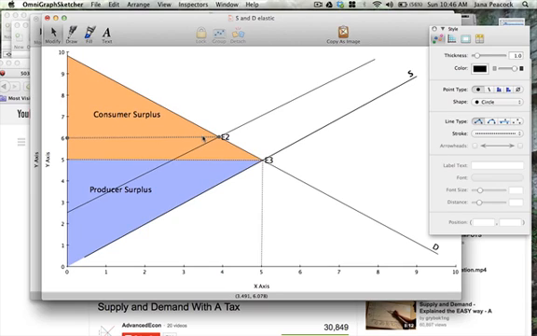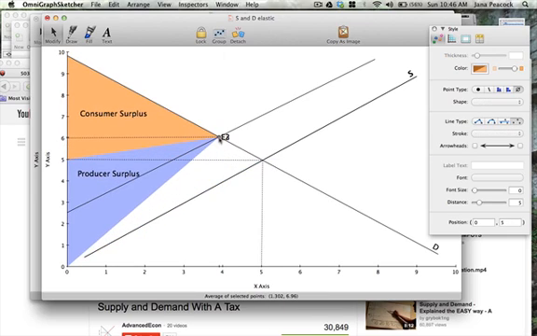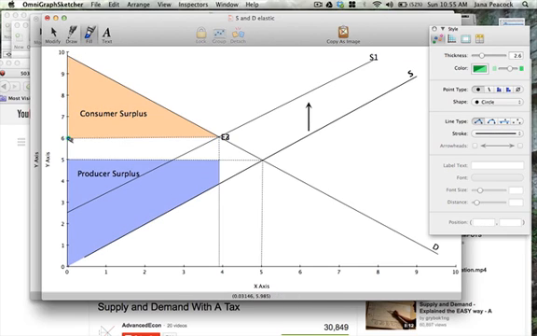But we've also got several other things that happen as a result of the tax. For one thing, you can see that consumer surplus gets smaller by the size of the tax. So consumer surplus has decreased as a result of this tax. And let's see if I can draw that in a little more clearly. Okay, so as you can see, the consumer surplus shrunk by this amount and producer surplus dropped this amount, but also at the new equilibrium, producer surplus should come up and fill in all of this area, but it doesn't